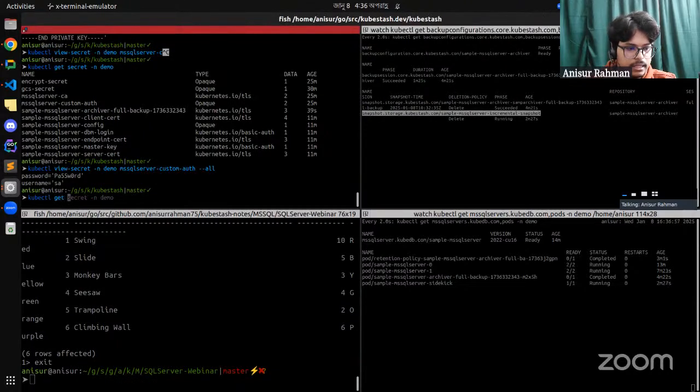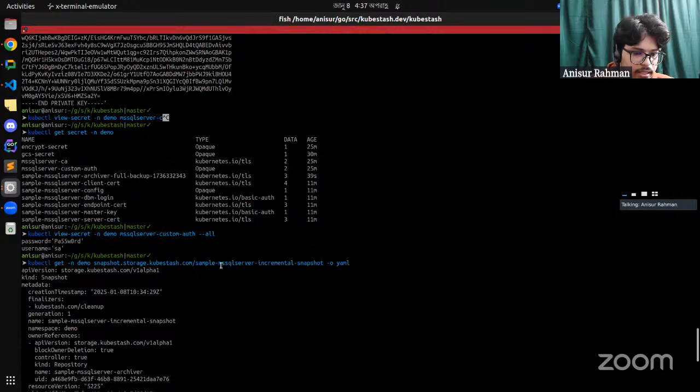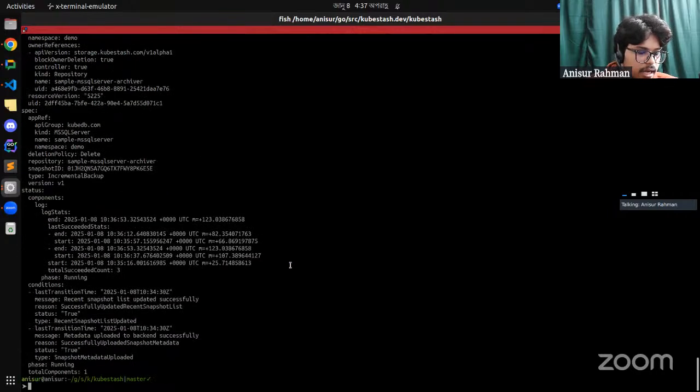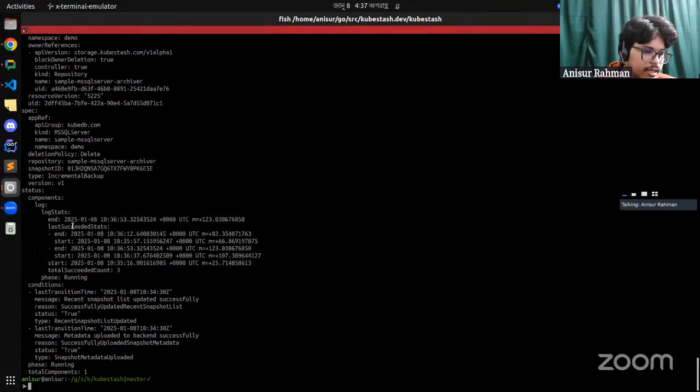So basically, these snapshots hold the log status of every transaction. If we get the YAML of this, we will see and discuss briefly. So I just got the YAML of incremental snapshots. Under the status section and under the log component section, you see there is a log status section. Inside the log status, you can find the archiving starting information and archived ending information,